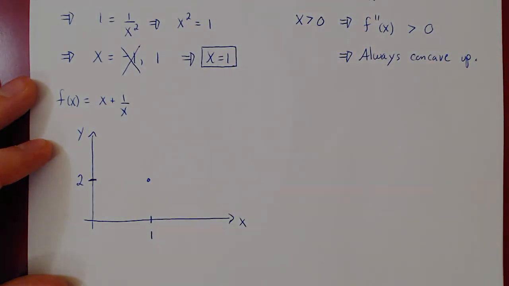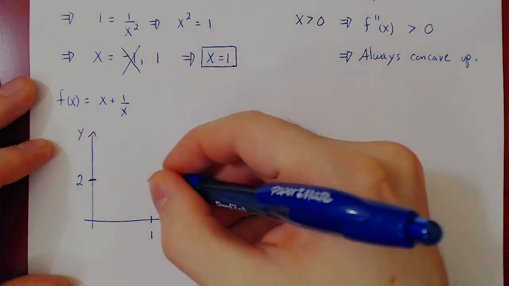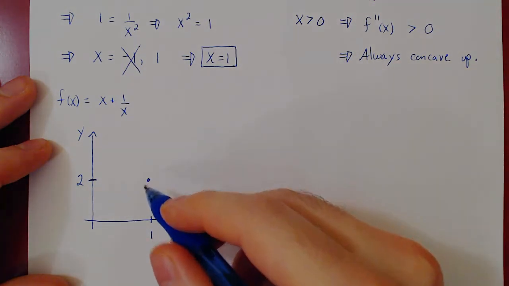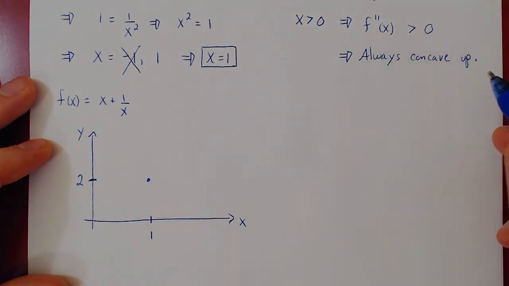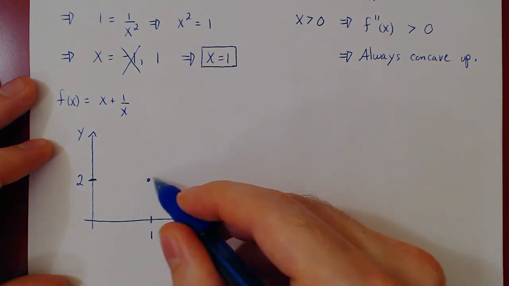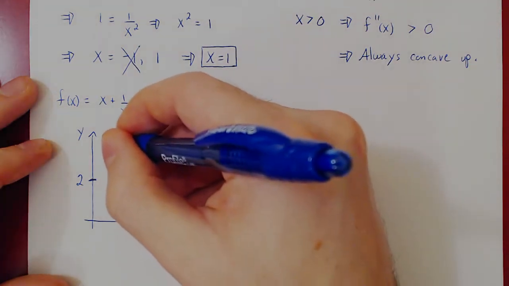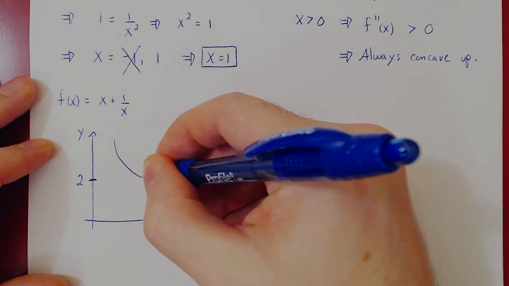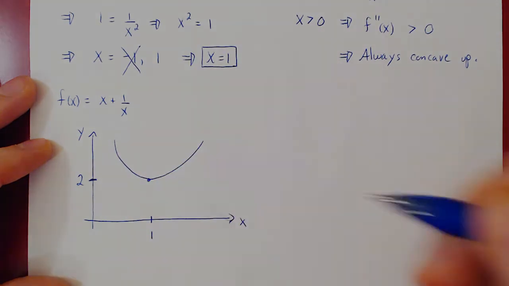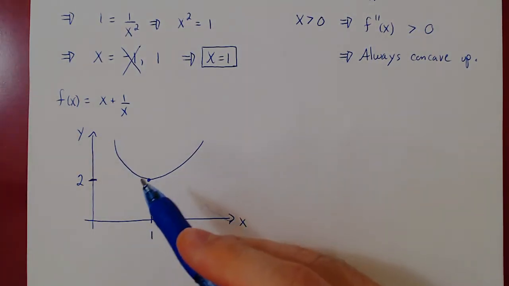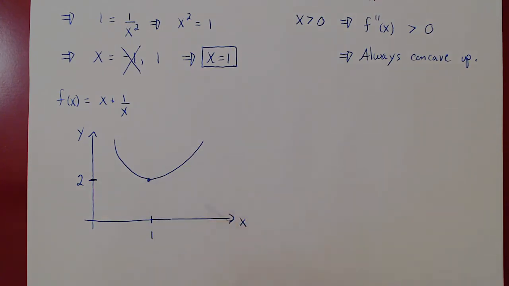This is a critical point, as we have just said, where the derivative is 0. So the curve is flat there. And the curve is always concave up. So it has to look like this. And what's great is, this is the only critical point. And if you look at the second derivative,